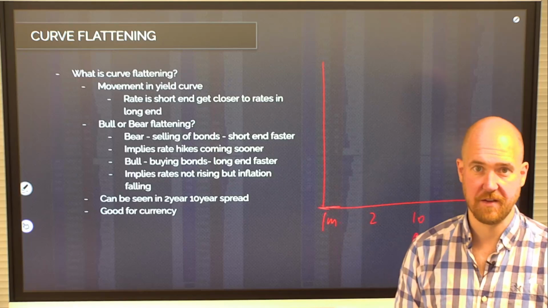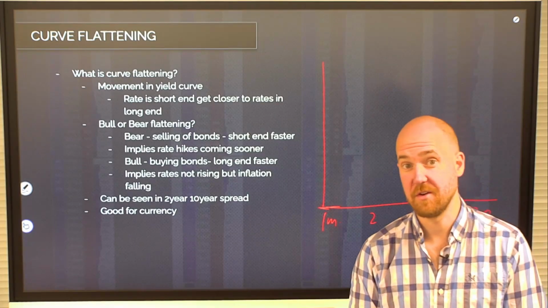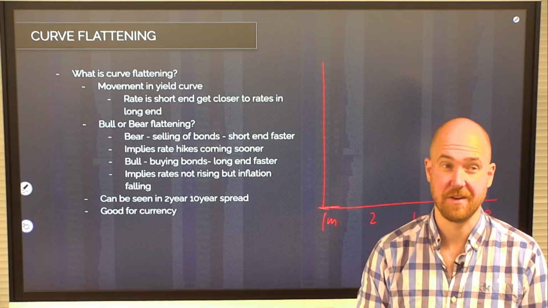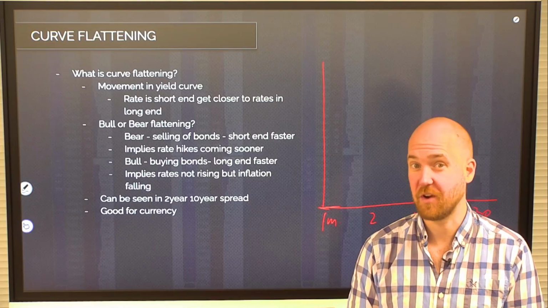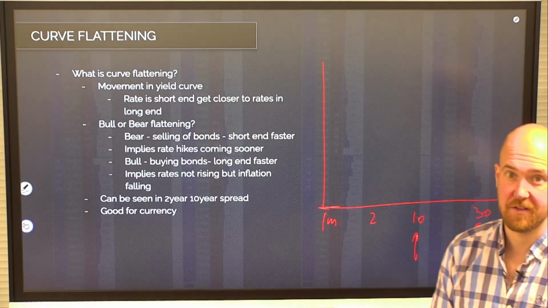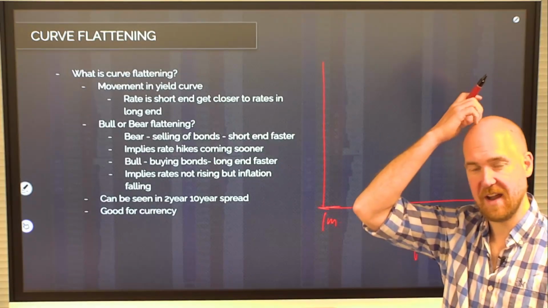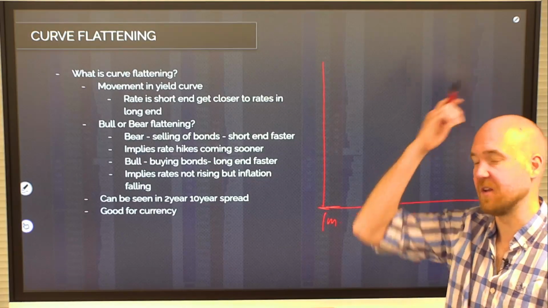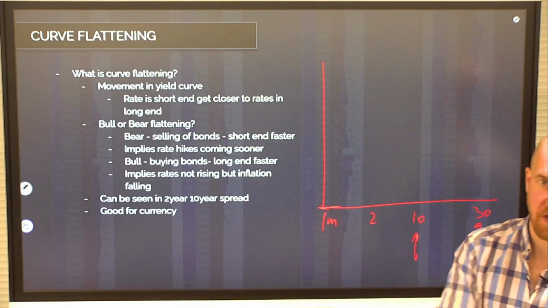I couldn't drive 30 years ago, but I remember even when I first started to drive, petrol in the UK was under £1 a litre, and in fact I think it was under 80p a litre in some places. Now you'll struggle to get petrol for under £1.30. So a pretty significant jump in inflation. So therefore the value of my money effectively is eroded. That's what you have to factor into the longer end of a curve. Right, so